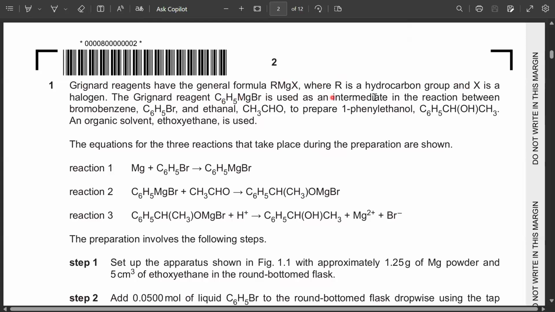C6H5MgBr is used as an intermediate in the reaction between bromobenzene and ethanol to prepare 1-phenylethanol. An organic solvent, ethoxyethane, is used. This question includes some difficult names which you might not have studied before, you never came across them before, so you have to keep looking at these names and remember them whenever they ask any question about them. The equations for the